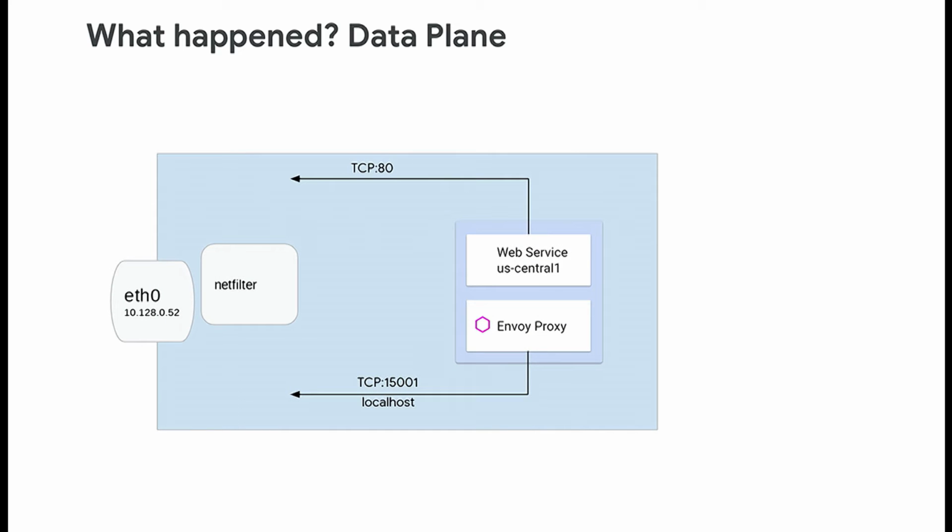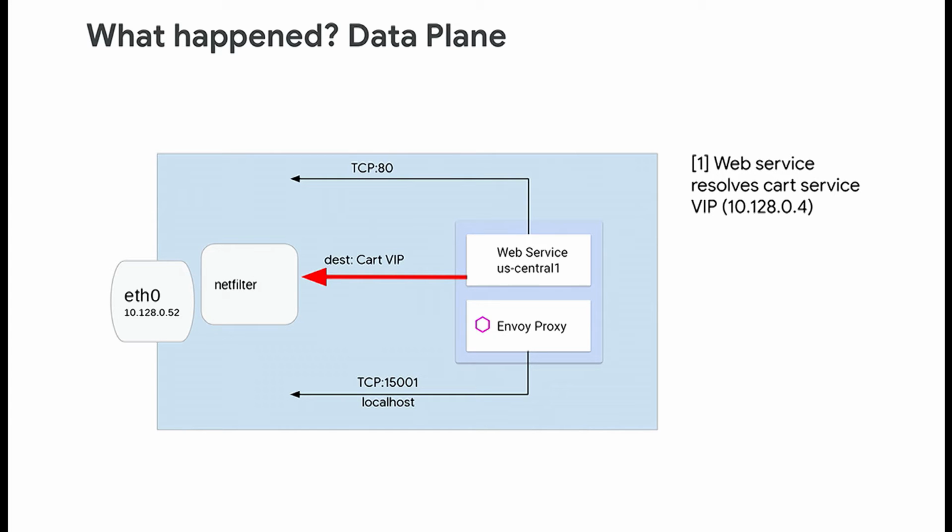So the service itself resolves the cart service, right? So web wants to talk to the cart. It has a VIP that's globally significant, but it doesn't have to be a VIP from your VPC. This could really be any address. So what happens is the web service tries to talk to the cart service, resolves the cart service, and sends